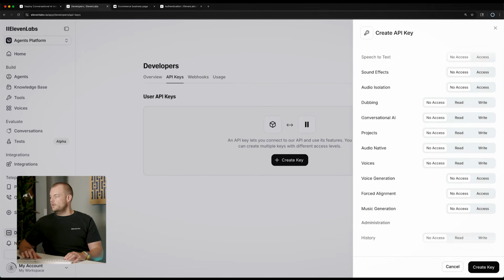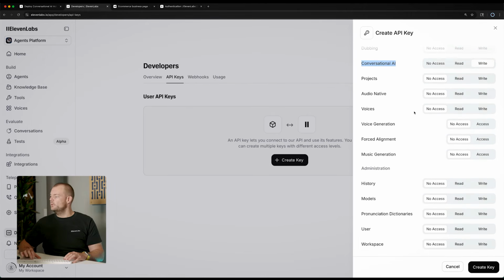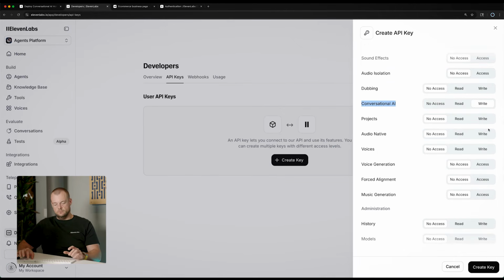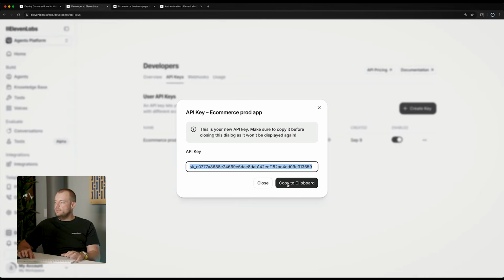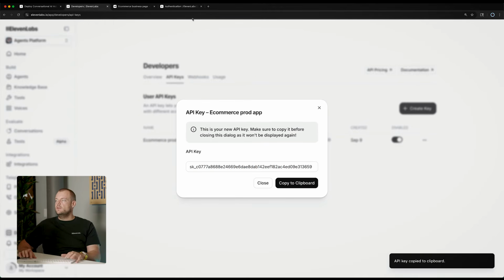So in our case, we will want to use the conversational AI agent, and we will want to allow access here. So now we can create this API key. Remember, this is a secret key, so do keep it secret.